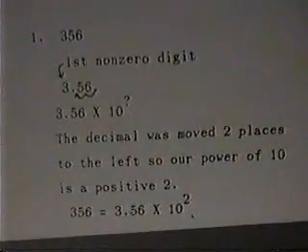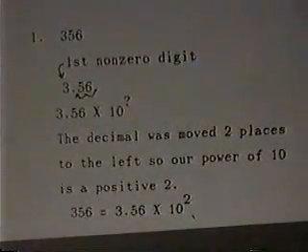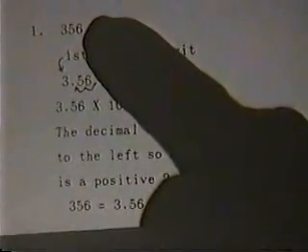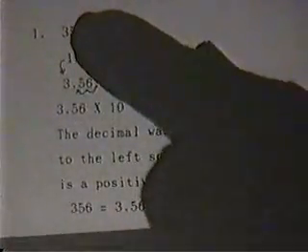Okay, first example on scientific notation. We have the number 356. The way we write scientific notation is to move the decimal, and you don't have one here, but just understood to be at the end of the number. You move the decimal behind the first non-zero digit. Okay. Behind it. Now, how many places does it take to move this behind the 3? It takes 2. Therefore, scientific notation says you can rewrite it as